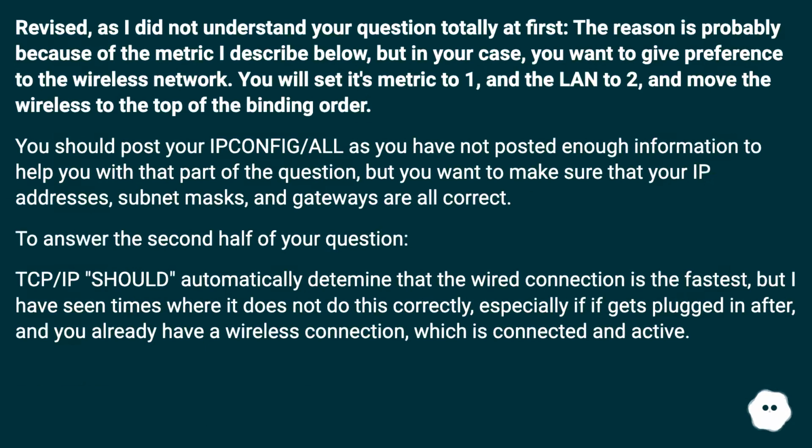Revised, as I did not understand your question totally at first. The reason is probably because of the metric I described below, but in your case, you want to give preference to the wireless network. You will set its metric to 1, and the LAN to 2, and move the wireless to the top of the binding order. You should post your ipconfig /all as you have not posted enough information to help you with that part of the question, but you want to make sure that your IP addresses, subnet masks, and gateways are all correct. To answer the second half of your question,